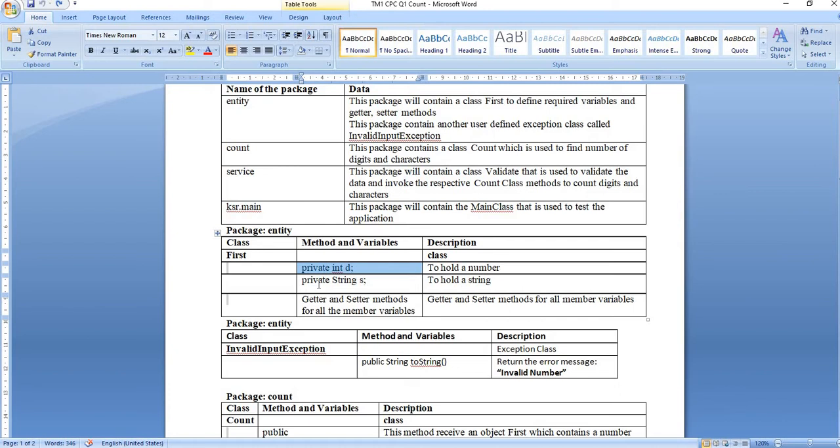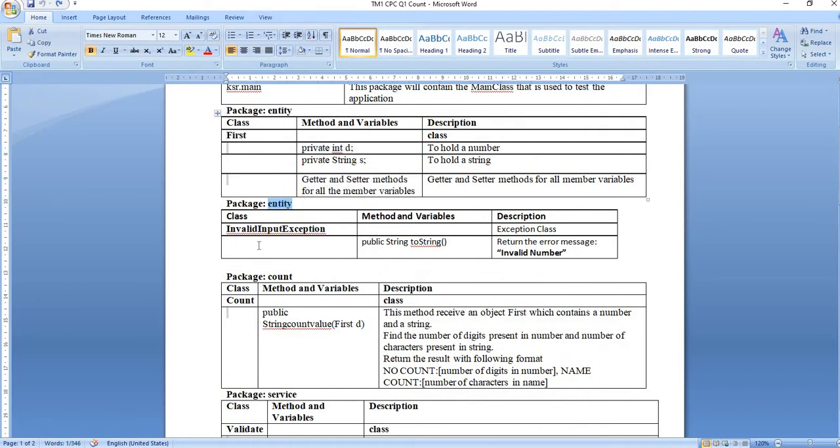So the getter is used to get the input and the setter is used to return the value. Even though it is private, it is possible to return the value with the help of the setter. We have to note it here. Even though the particular member is private, we can return the value through the setter.